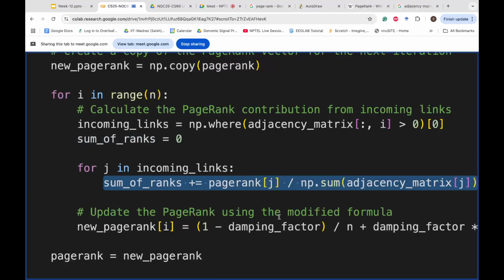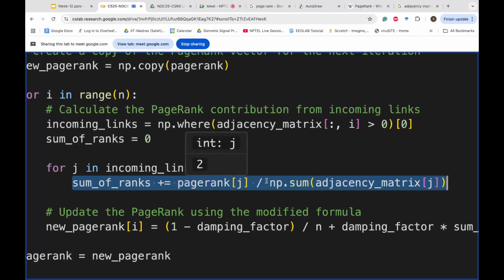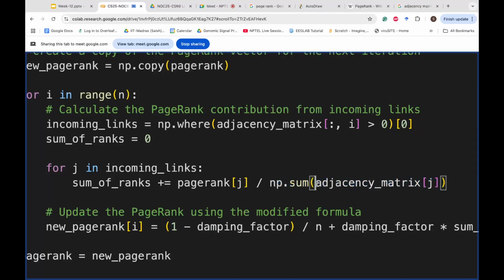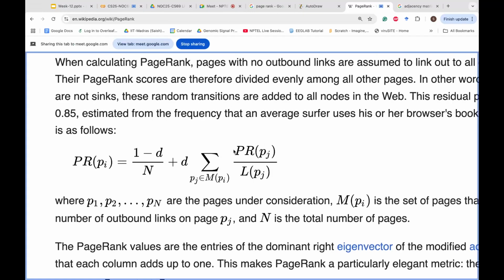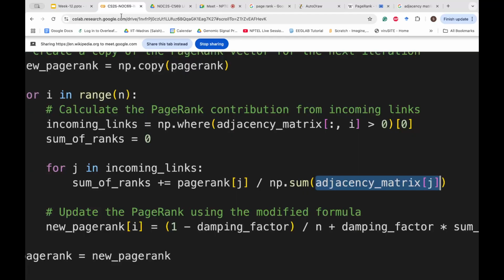So you're finding the sum of rank, which is the page rank of node J divided by np.sum of adjacency matrix J. This np.sum of adjacency matrix J will give you the total number of outgoing edges from the node J. So you're doing page rank of J divided by the number of outgoing edges for J, and you're summing it over all the nodes that have incoming edges to node I. Okay. So this particular part is computing